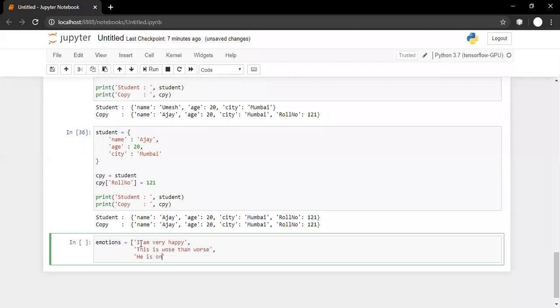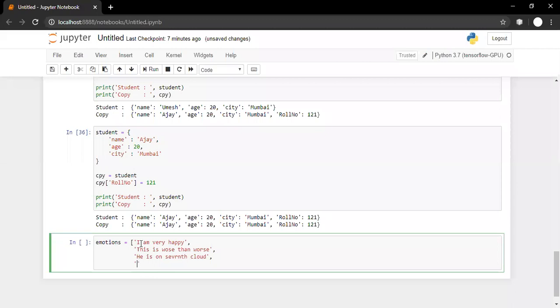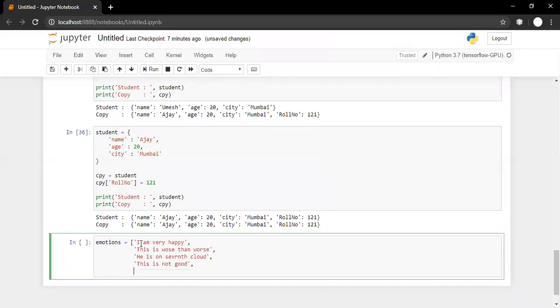"He is on seventh cloud." "Most then, this is not good." And "this will be very good." So "this will be very, very good."